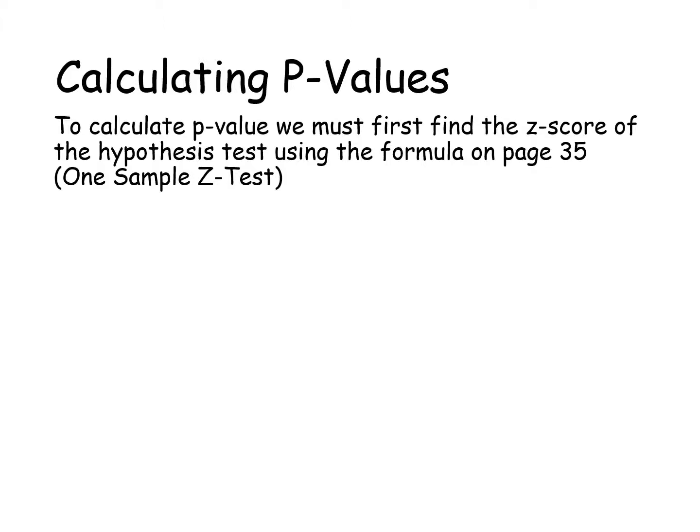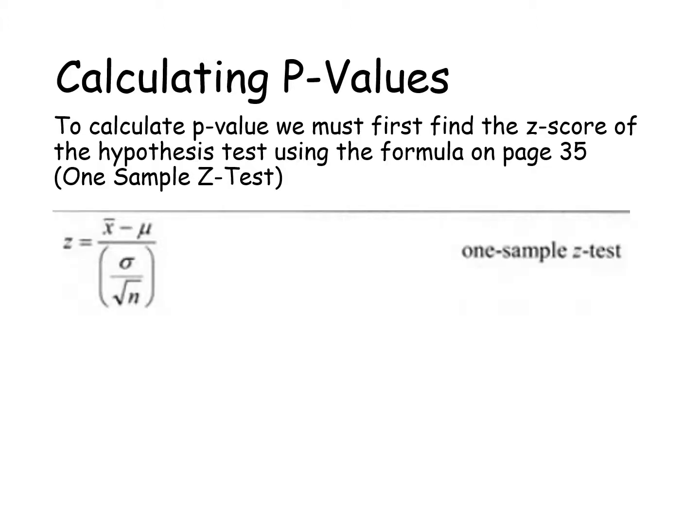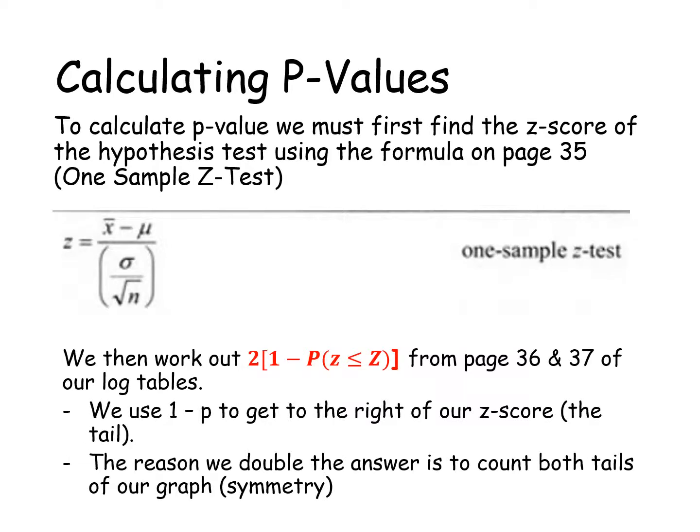So this is why they asked this question specifically as an extra question, a follow-on piece after you've done hypothesis testing. So in order to calculate our z-score, we must first use the one sample z-test on the top of page 35. So we've seen this a few times now. And then we work from our tables and we work out 2 times 1 minus the probability that z is less than or equal to the z that we've just worked out. So from page 36 and 37, our log tables, we have the standard normal tables. We're going to use 1 minus the probability to get the right of our z-score, so to get the tail,